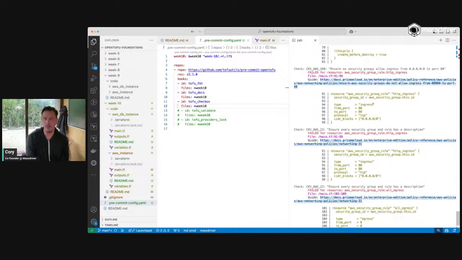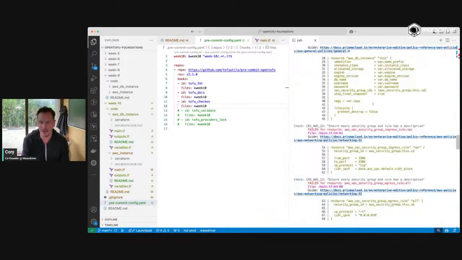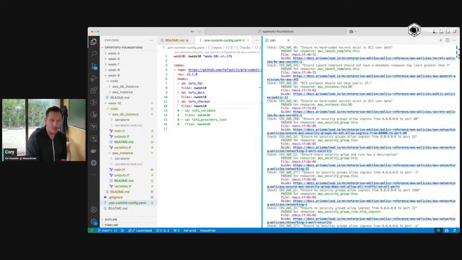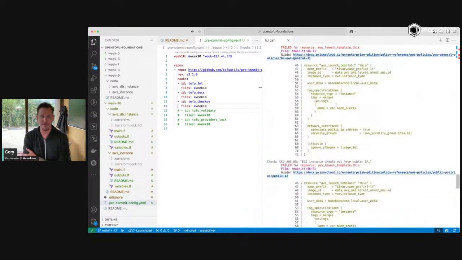And it looks like we've got, oh my gosh, a bunch of them in here. Look at all this stuff. So a lot of stuff to fix. We may or may not hit all of these. Actually, those ones passed. We should probably turn off